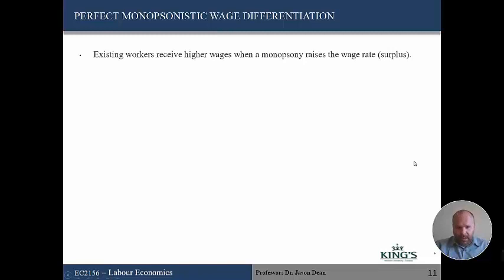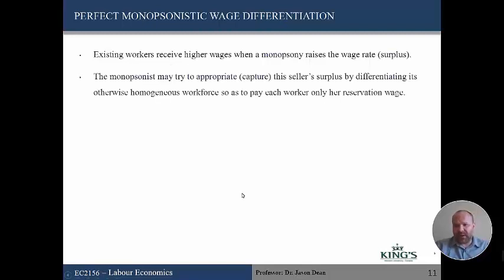So, perfect monopolistic wage differentiation. Existing workers receive higher wages when a monopsony raises the wage rate. They end up getting a surplus. The monopsonist could try to appropriate or capture this seller's surplus by differentiating its otherwise homogeneous workforce so as to pay each worker only their reservation wage. So what we're saying here is